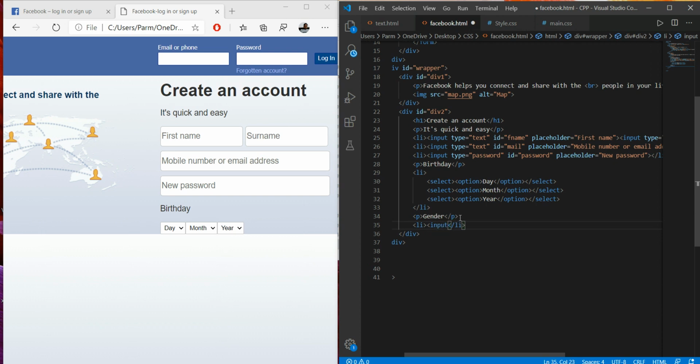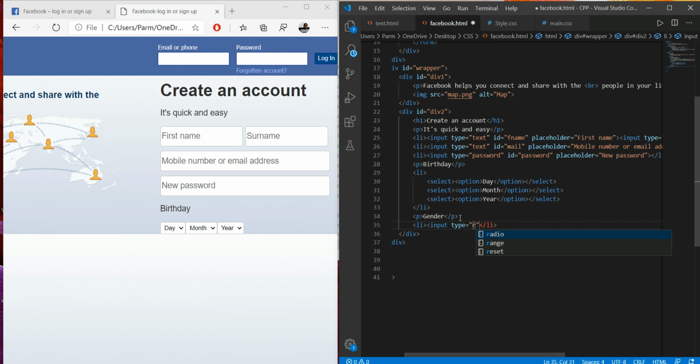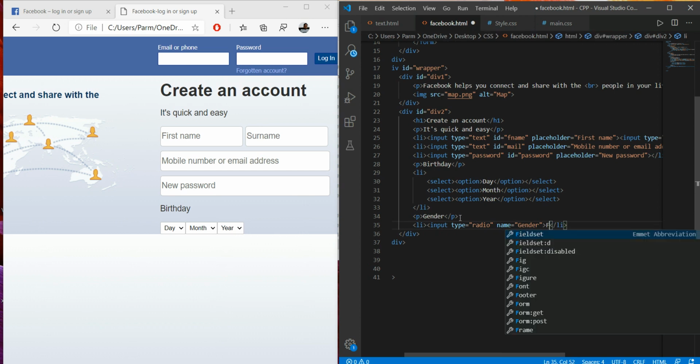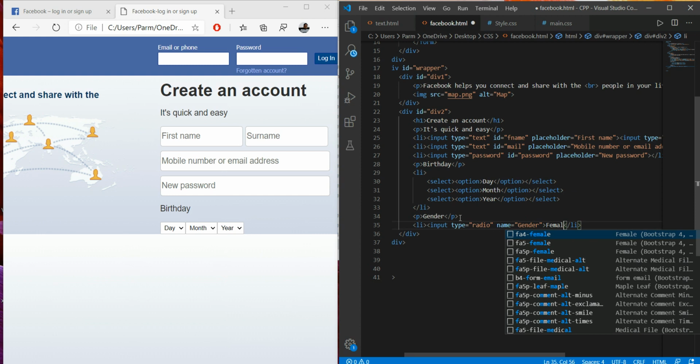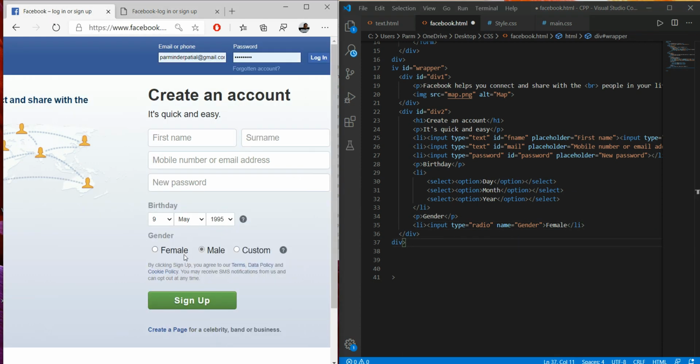This is a radio button, so input, then we have to specify type radio, and whenever we use radio then we have to give it a name. I'm just giving its name as gender. Then here we have to give the value, the first value over here is female. We see over here it has female, then male, then custom.